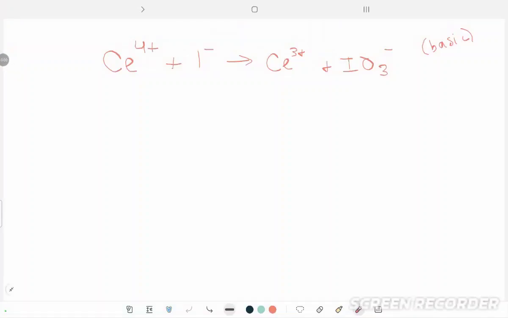Okay, so this is 1D for the ion electron method. You have your equation here. You're going to start by getting oxidation numbers. So these singular elements are going to just have the oxidation number that's there. So Ce has 4 plus, I has minus 1, Ce has 3 plus, and for this one here,